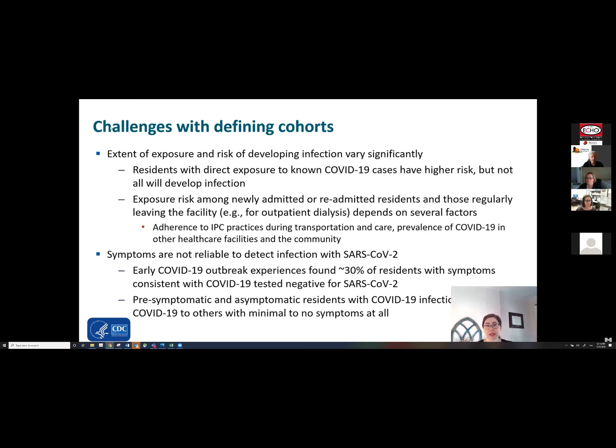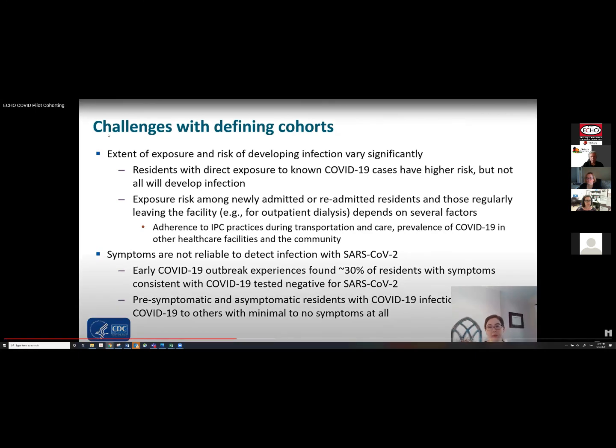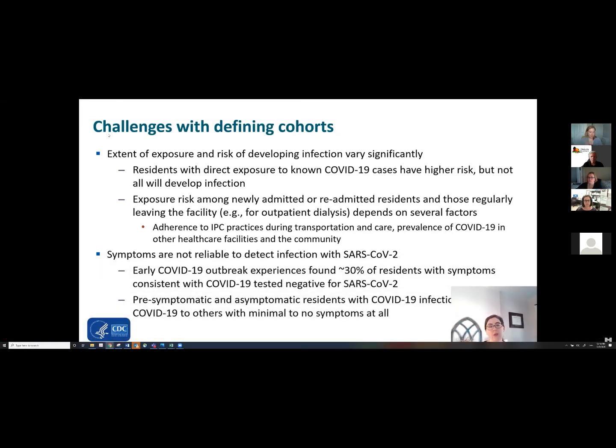Again, the goal is to minimize exposures. The other challenging thing is that once you start moving residents throughout the building, as you all have probably experienced, it can quickly become very, very complicated. And you can end up moving far more residents in the process than the number that you actually want to relocate. So another challenge with defining cohorts and thinking about movement of residents is that residents with symptoms don't necessarily